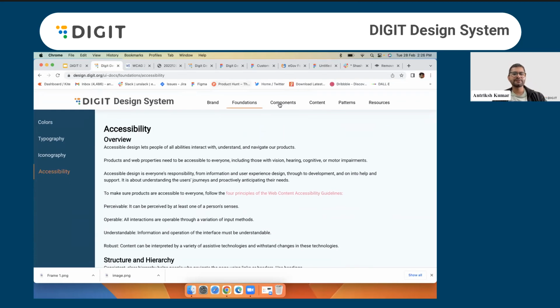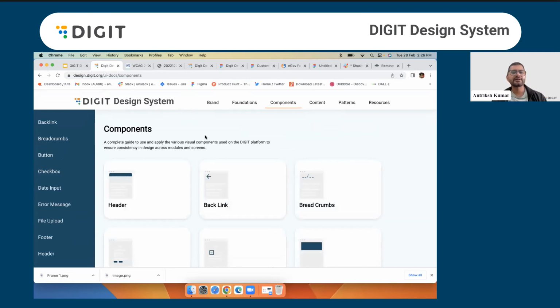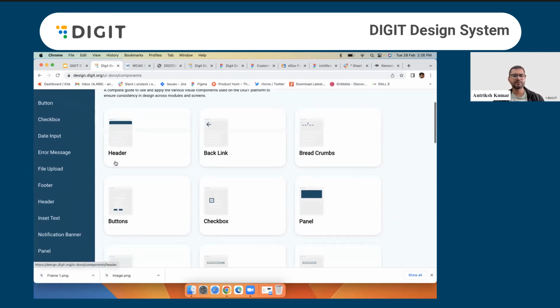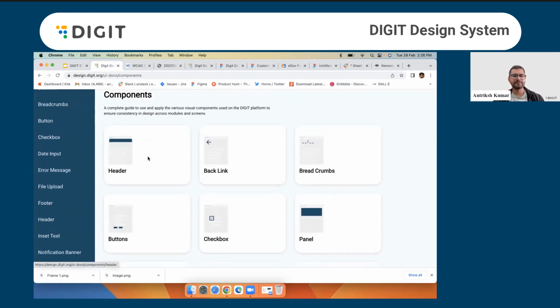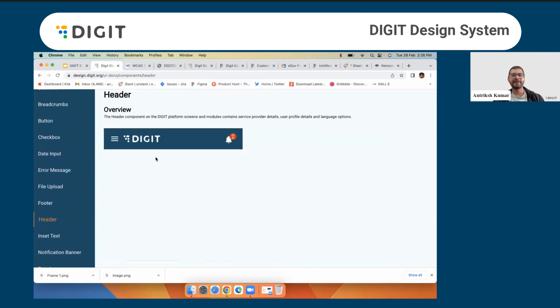So coming to components now. Components are like the building blocks for the UI. Everything you see on the screen is built by combining these components together. We have clearly categorized these components at a very atomic level in DIGIT, so we can just have a look. For example, say header. A header in the app is defined